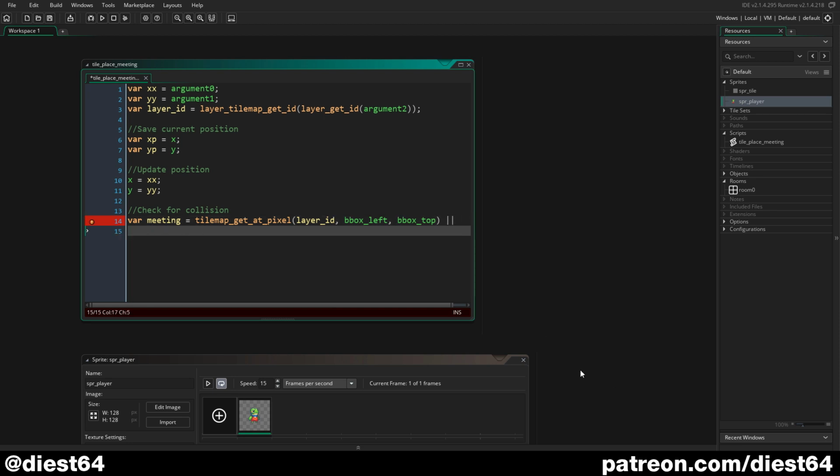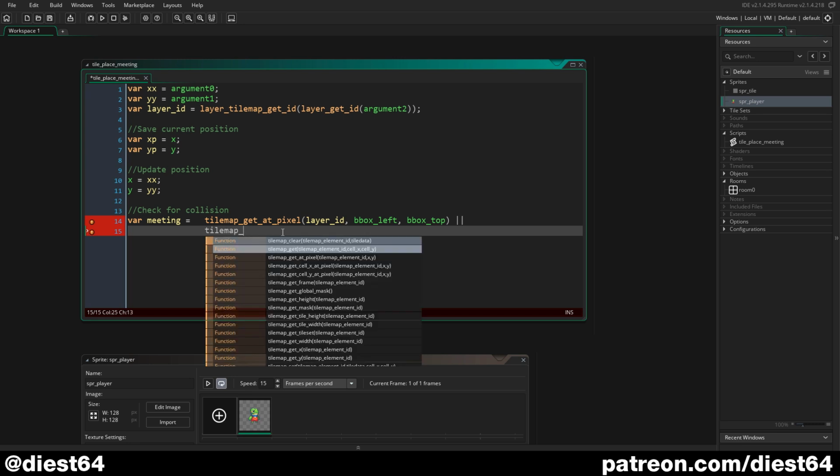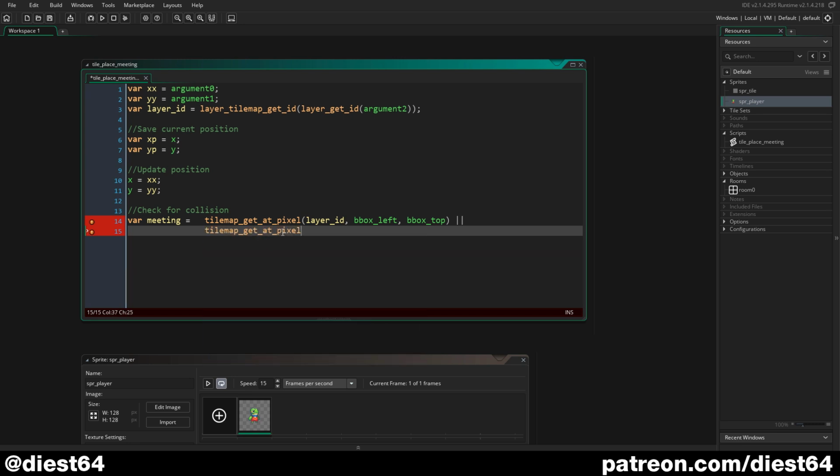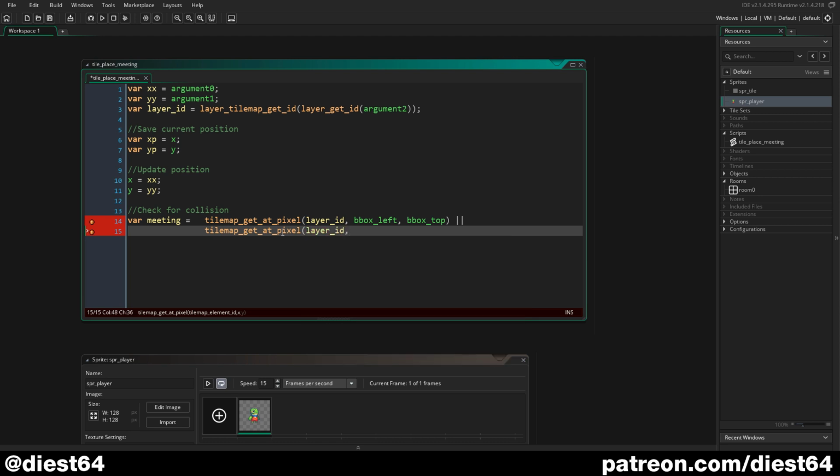We're gonna go on a new line and tab, so that way it's nice and neat. And tile map get at pixel layer ID. Now we did bbox left last time, so we're gonna do bbox right, bbox top. So now with these 2 lines of code, we're checking